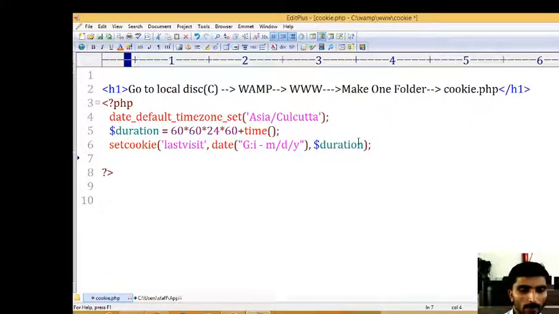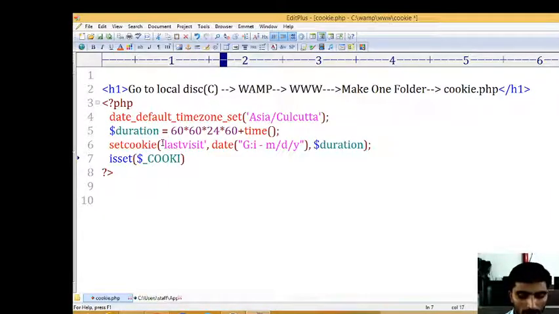Now we have to check whether the cookie is set or not. For that we use the isset function, and in it you give the condition. The condition here is $_COOKIE, in capital letters, with square brackets, and inside you give 'lastvisit' in single quotes.